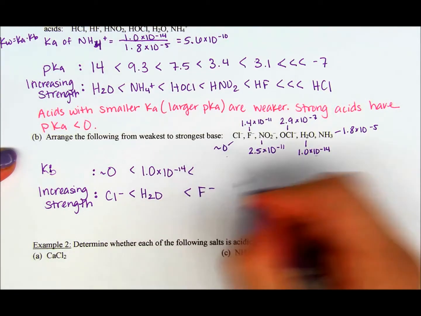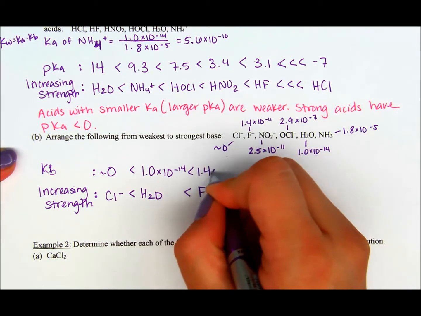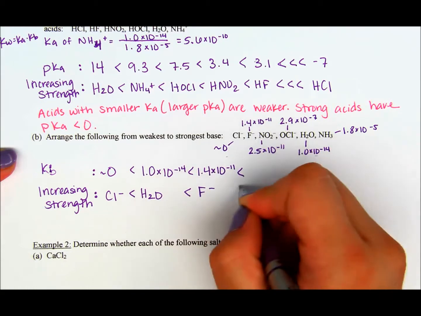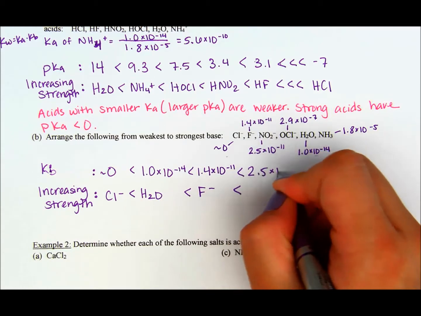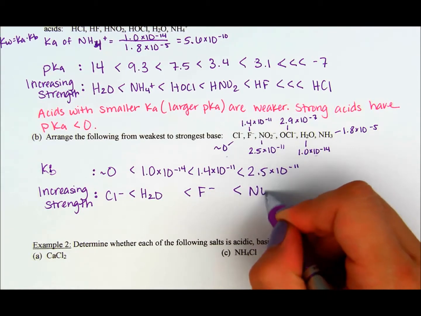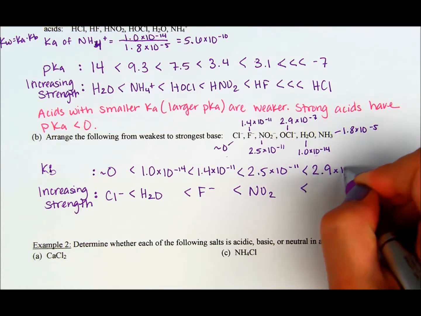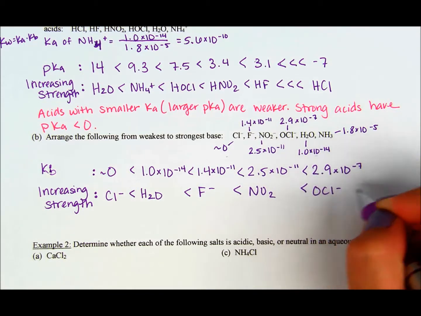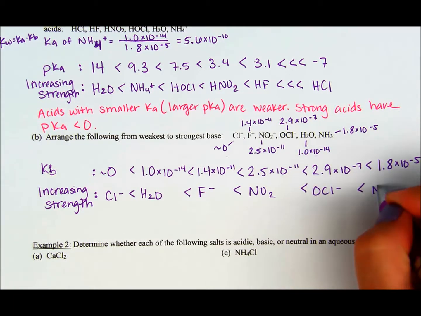Next up we have fluoride, right over here, 1.4 times 10 to the negative 11. Next smallest, NO2 minus at 2.5 times 10 to the negative 11, and that's right here. Next smallest, 2.9 times 10 to the negative 7, which corresponds with OCl minus. And then lastly, the NH3 is the strongest, the ammonia, 1.8 times 10 to the negative 5, and your ammonia,